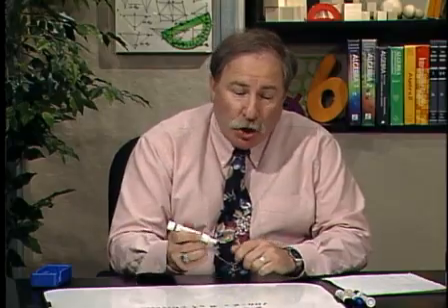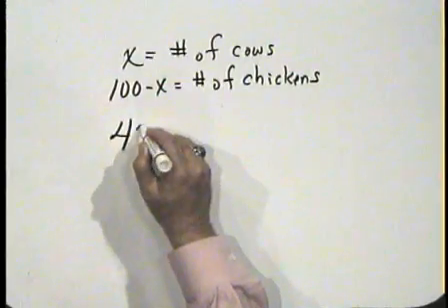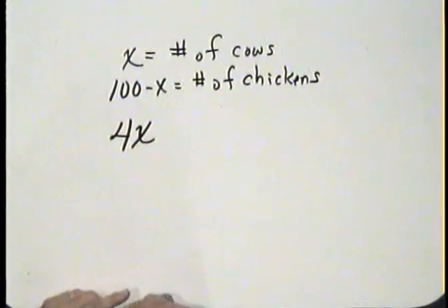Now we can write our equation. The one fact we have remaining is the total number of legs was 372. Okay? So let's see. If we have x cows, how many cow legs do we have? Well, since each cow has 4 legs, we have 4x cow legs. Since each chicken has 2 legs, the 100 minus x chickens have a total of 2 times 100 minus x